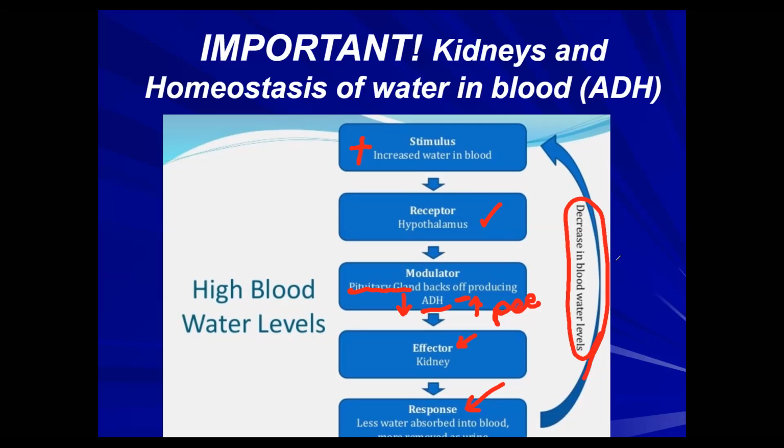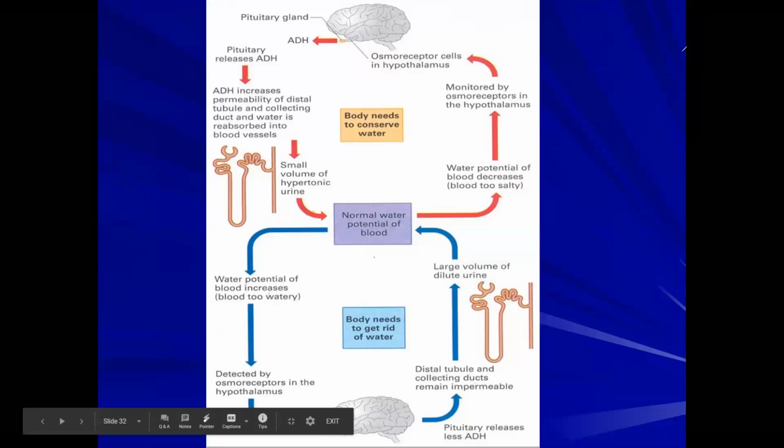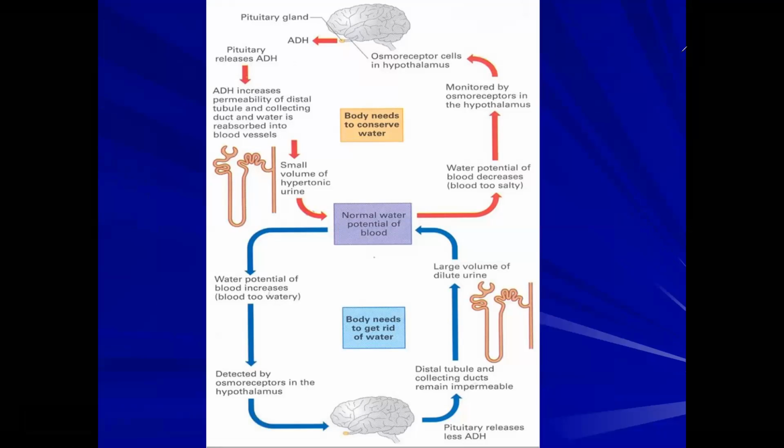So that's the way that we're able to offset that feedback system, so that if we have too much water in the blood, we are going to pee more out so that we maintain that homeostasis. Now, this is that same homeostasis feedback mechanism, a little bit more robust. It shows a little bit more detail, but